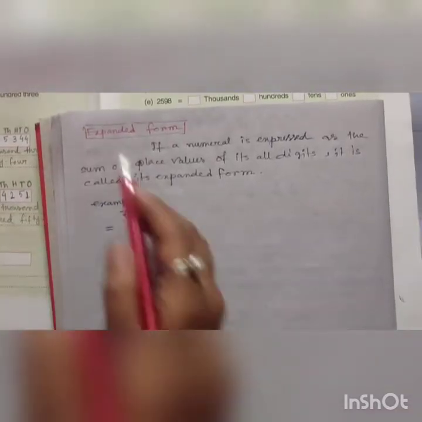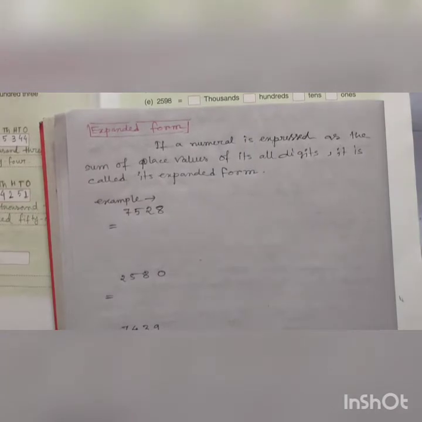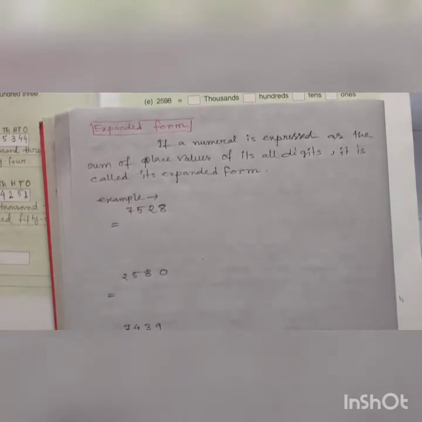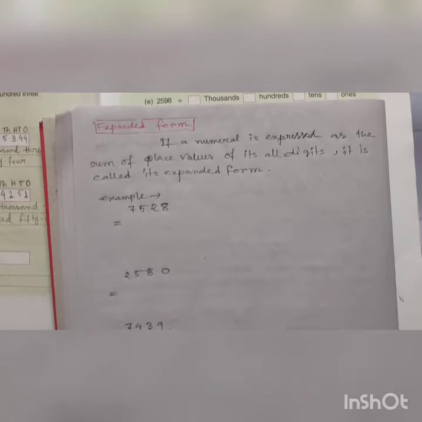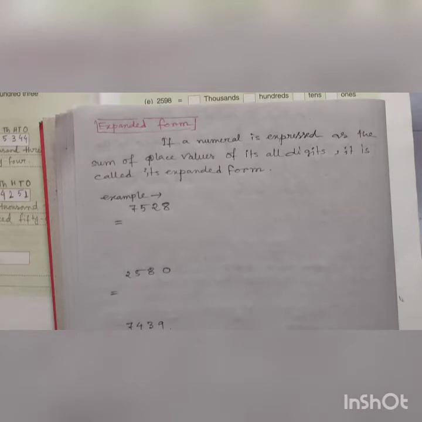Now you will learn about expanded form of a number. If a numeral is expressed as the sum of place value of all its digits, it is called its expanded form. যদি কোনো একটা নিউমরালের প্রত্যেকটা ডিজিটের প্লেস ভ্যালুগুলো অ্যাড করে করে নাম্বারটা লিখি, আমরা সেটাকেই বলবো এক্সপ্যান্ডেড ফর্ম। Just before you have learned how can you find the place value of